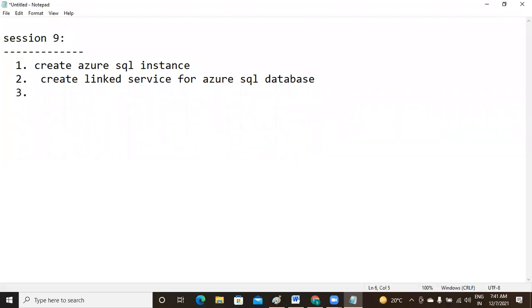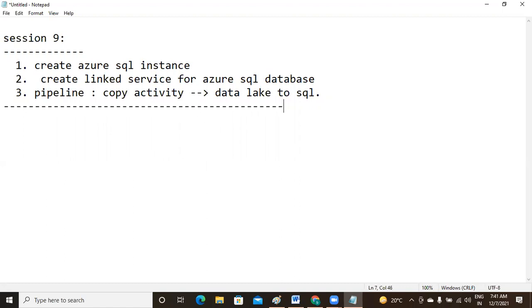As final target, the copy activity in the pipeline. The target of this activity should be data lake to SQL. Okay. So these 3 parts we will complete today.